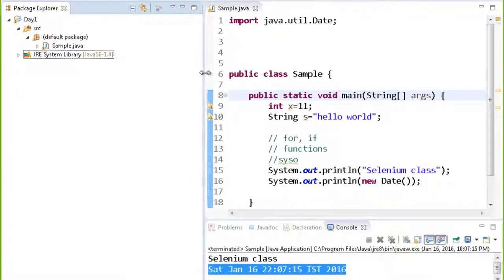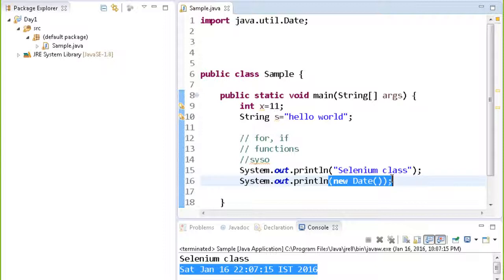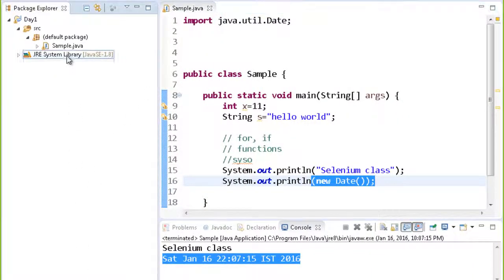Okay, so now if I talk about the concepts of object-oriented programming, everything in Java starts from objects. Like what I did over here was actually I created the object of the Date class. Now what do you mean by an object? What happens in the memory when you create the object, and how do you use them in Selenium? That's what I'm coming to right now. But before that,